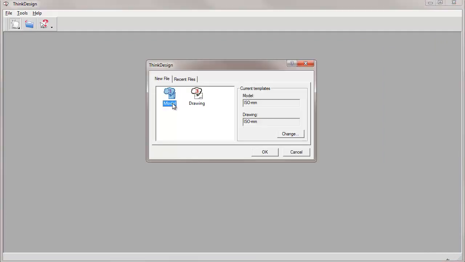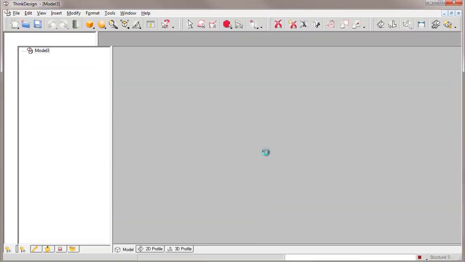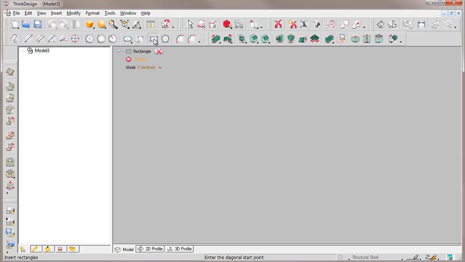We open a new model to focus on the commands that are available when we are inserting a feature, such as a linear solid, for example.